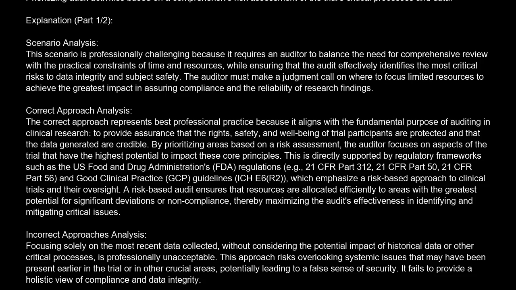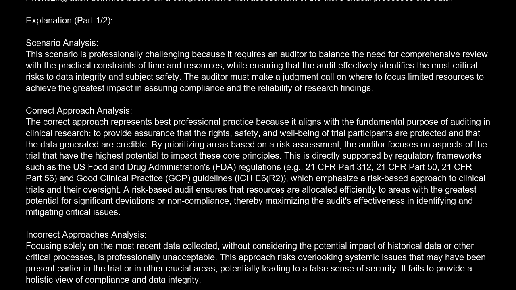The correct answer is A. Prioritizing audit activities based on a comprehensive risk assessment of the trial's critical processes and data. Explanation. Scenario analysis. This scenario is professionally challenging because it requires an auditor to balance the need for comprehensive review